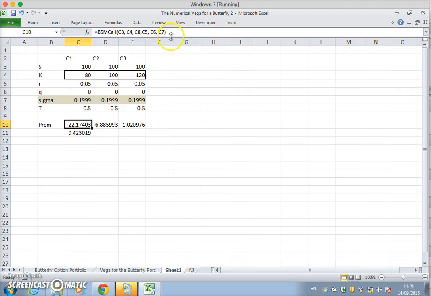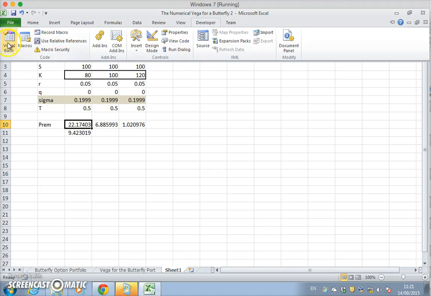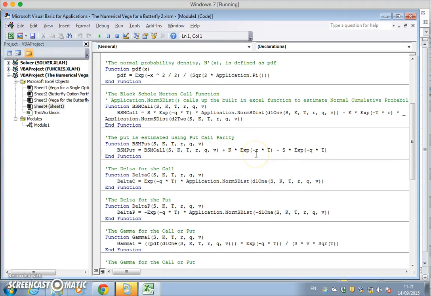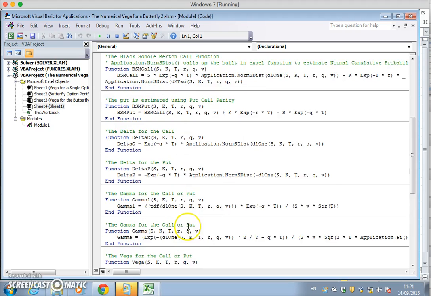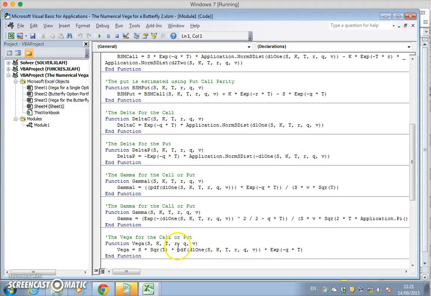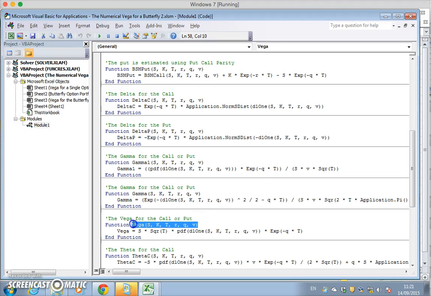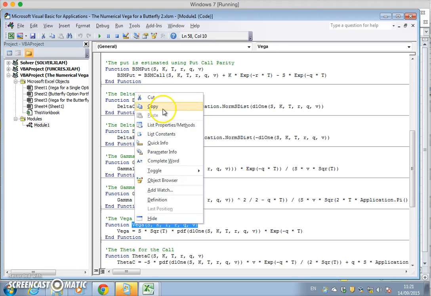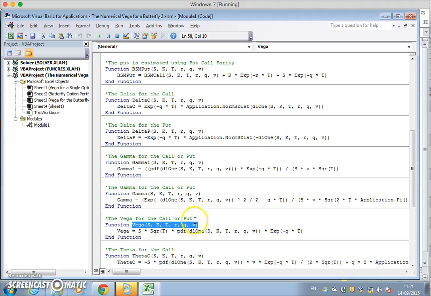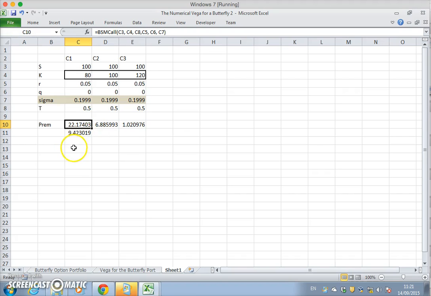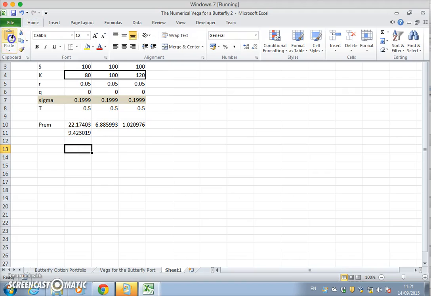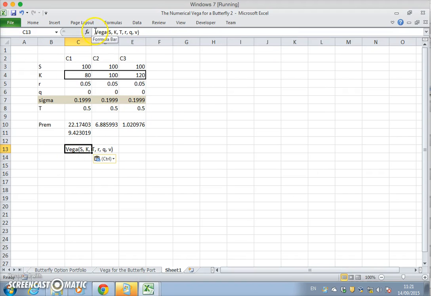And we'll do the same here, except we'll work out individual values of the vega and then the vega of the portfolio. So if you go into the developer tab, you'll see we have here the vega formula. The vega for the call and the put is the same. So I just copy the function name and the reference to the parameters in the parentheses and put it beneath, say okay, paste, and then equal to the vega of the